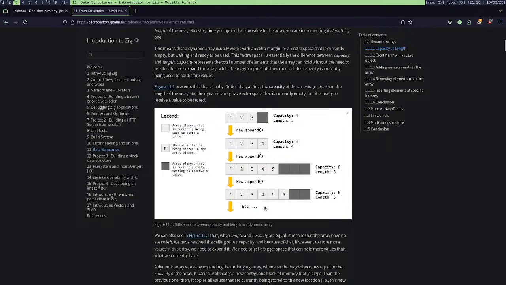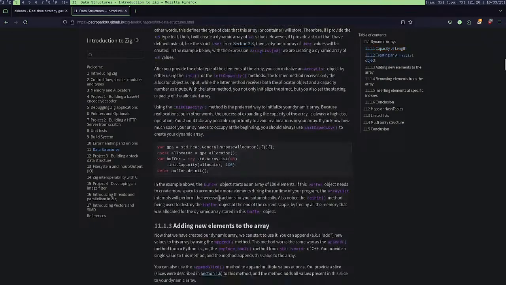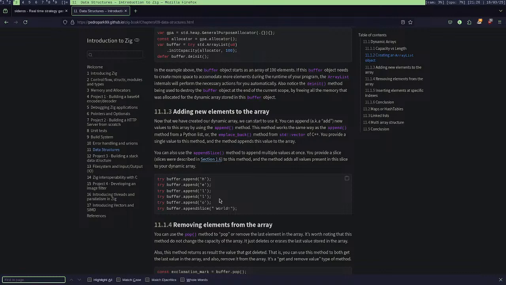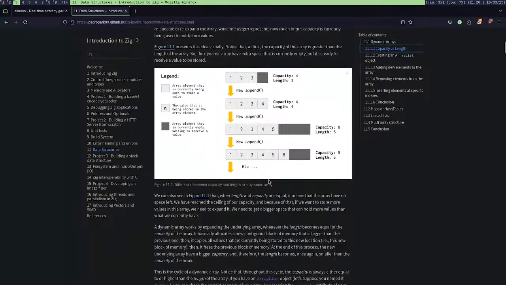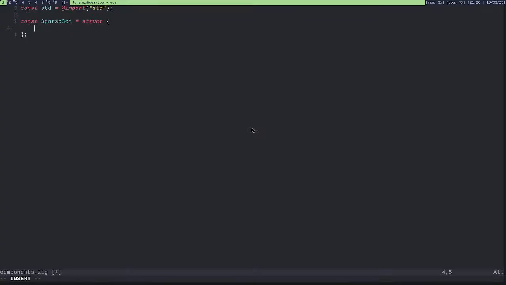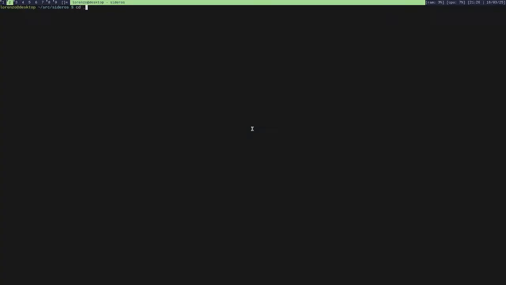Okay, and I think that array lists are always packed. So if you remove something here, it will shift all of the rest back. And that's what we want in this specific case. But just to be sure, I will check that.